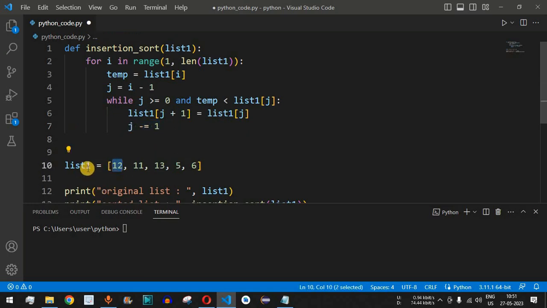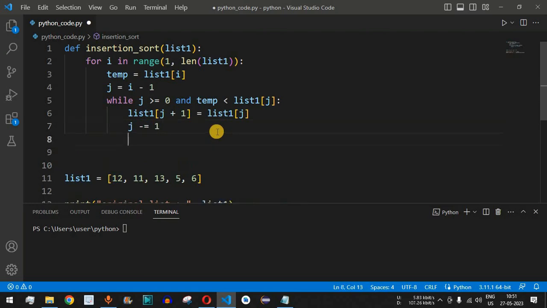So it will go to -1 over here, and then after this we have to come out of the while loop. Now, the first element is 12 and the second element is also 12, and then we have 13, 5 and then 6. The value of j will be equal to -1 this time, so the control flow will not go over here since j is not greater than or equal to 0.